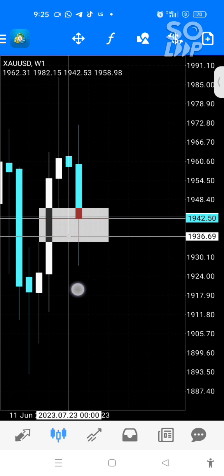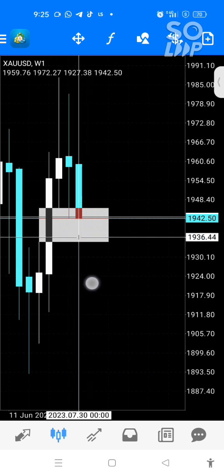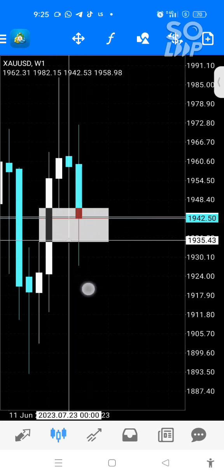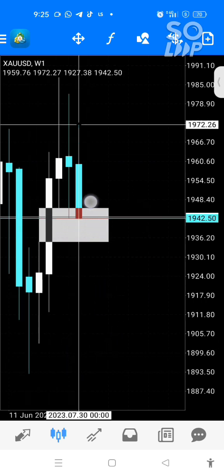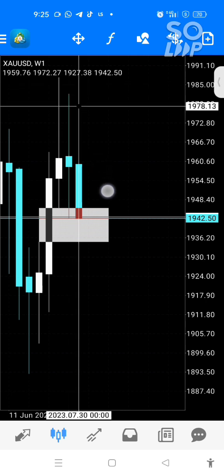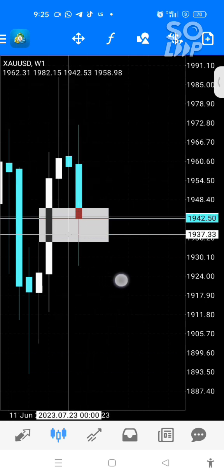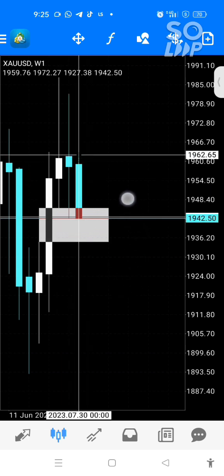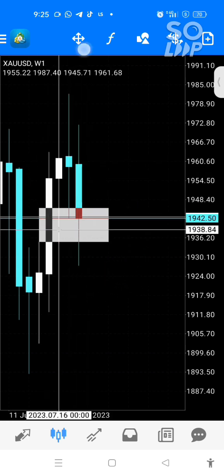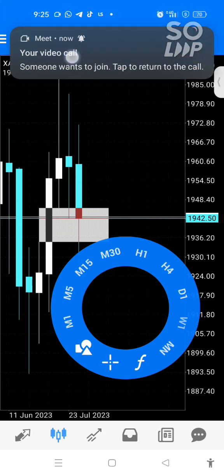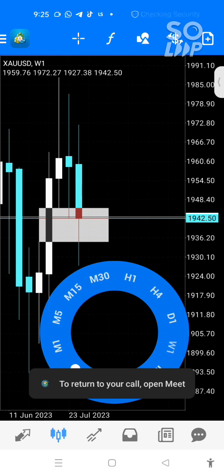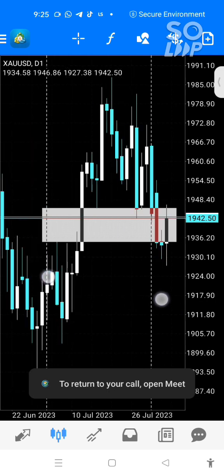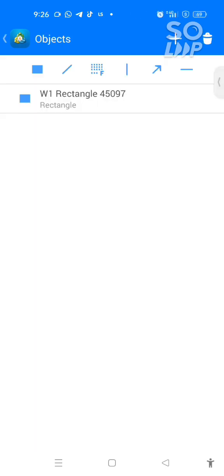Then I said if this wick closes below this low, it means we are going to see the market taking out this low before going back to that high. But I was so sure that the market was going to go back up. That was why I gave you that setup,